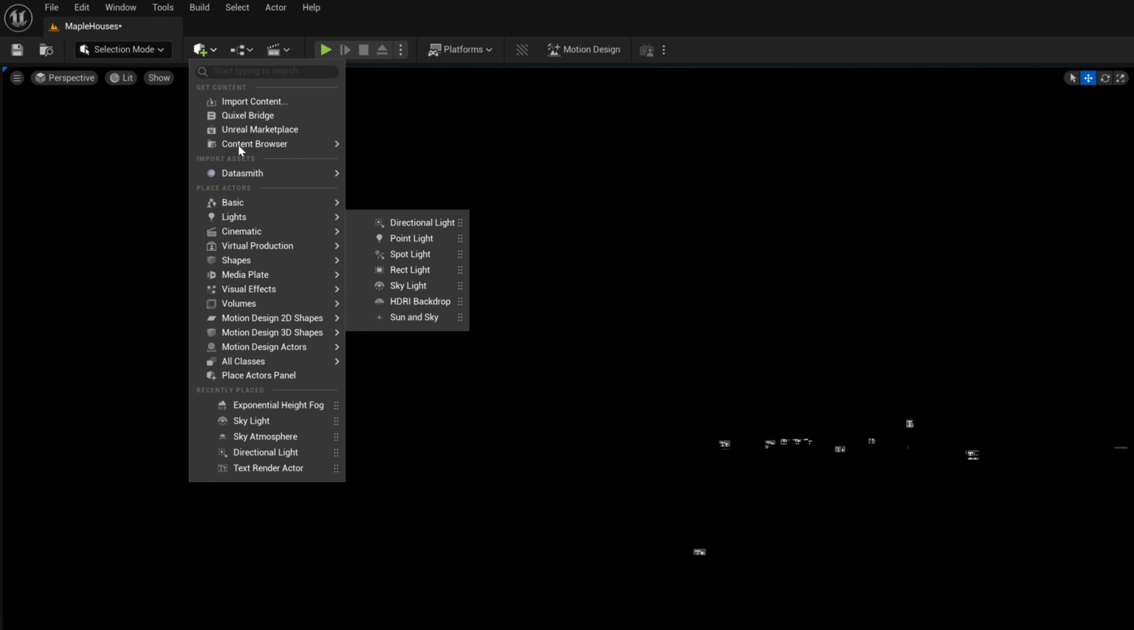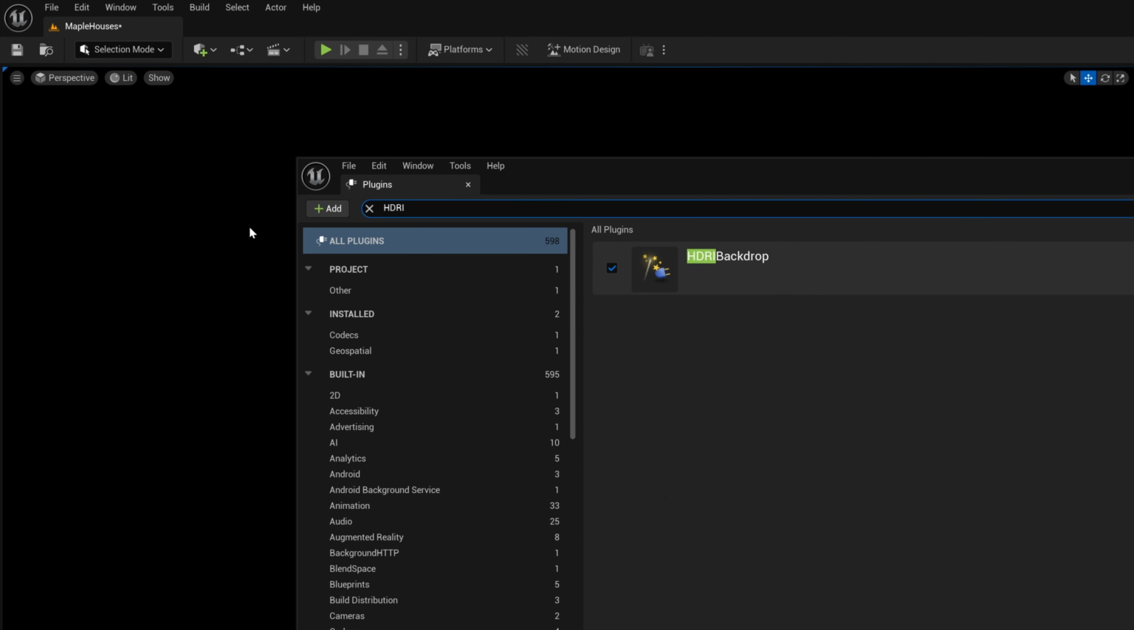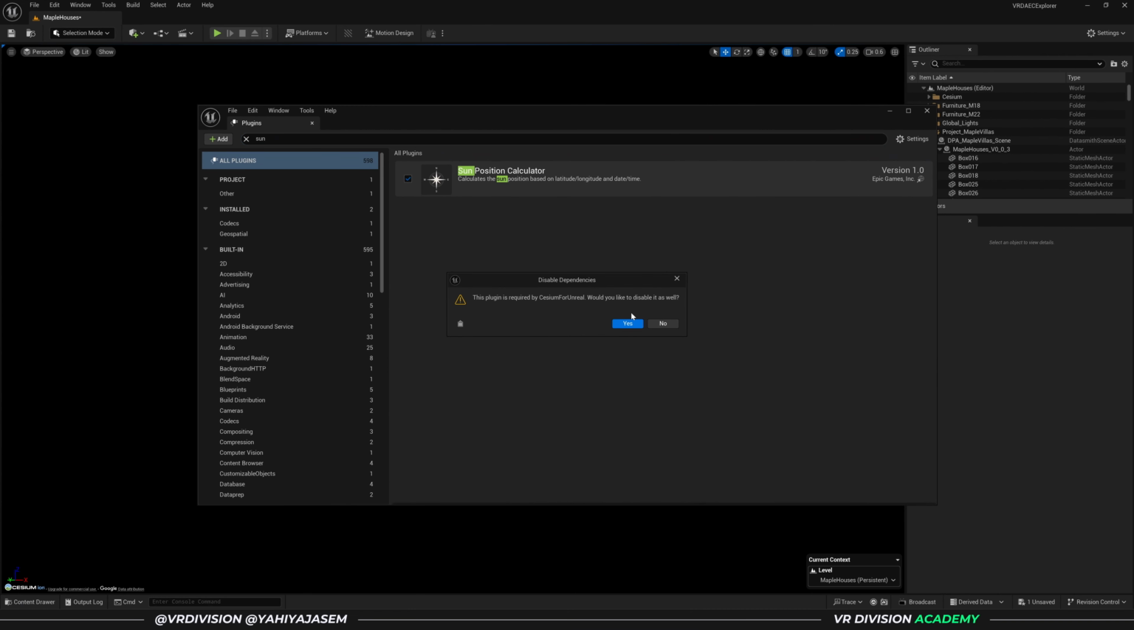To add these, we need to go to edit, plugins, and here you can search for HDRI backdrop, enable this, and you can search for sun position calculator, which is the sun and sky, enable this, restart your engine. So if I disable this, it will tell me, hey, do you want to restart? Well, I don't want to restart, but if this is disabled, enable it, restart, and you will have these two